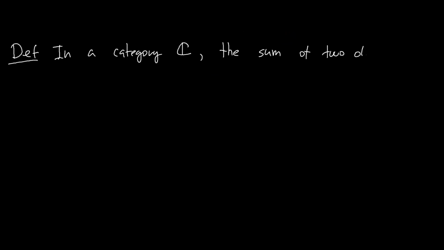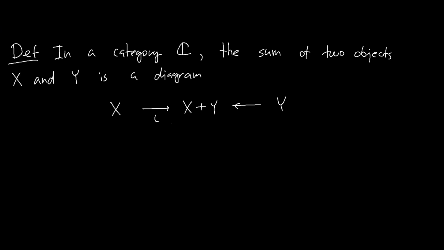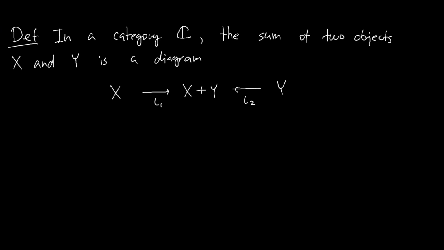So let's write this definition out, now as stated in a general category. In a category, let's call the category C, even though this shouldn't be confused with complex numbers. In a category C, the sum of two objects, X and Y, is a diagram of this kind, such that